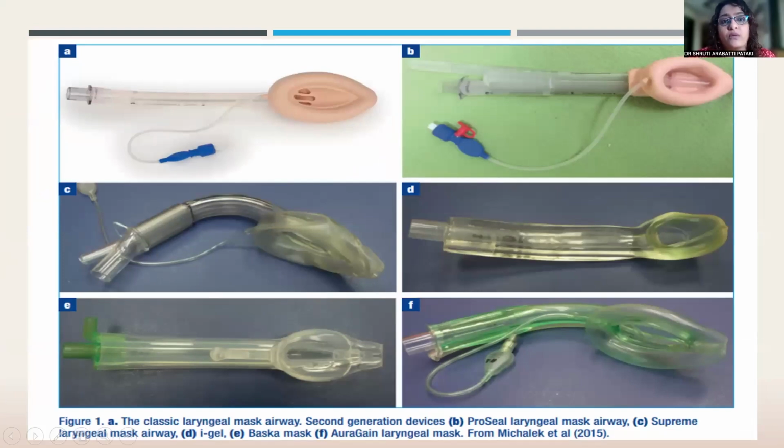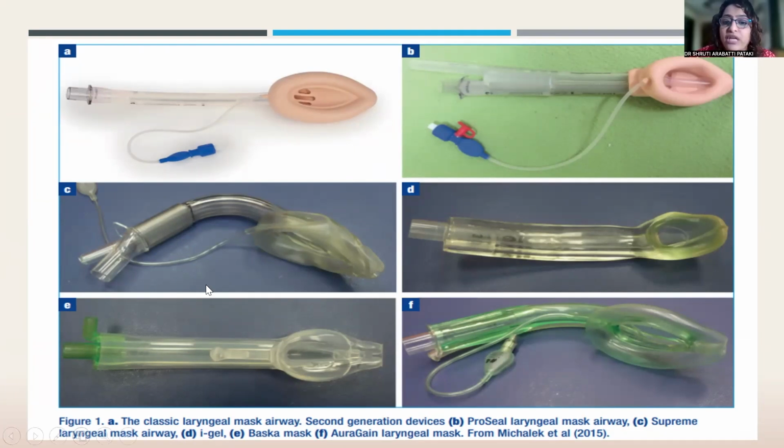So generally, we say that with the LMAs, we don't need to really paralyze the patient. You would need a paralysis when you would want to actually manipulate the trachea and the vocal cords. We don't want the spasm. But here in this case, we realize that we do not require paralytics. So there was a chance that the patient would bite on the tube. With the classic LMA, that was a problem. With ProSeal, they came up with a flexometallic tube, so that was not a problem, kinking and biting of the tube.